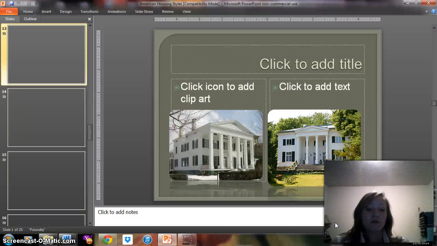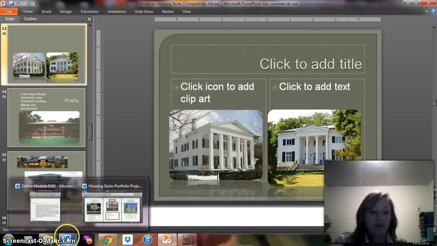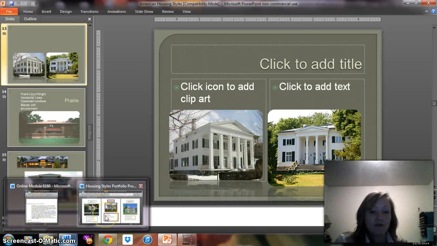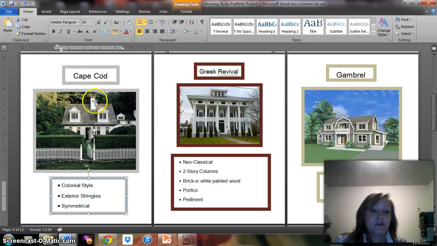Now, what I want you to do is to continue on your own to look at that. Here I have an example of your project assignment. So for each housing style, and there's a project page on the website, for each housing style you need to create an online portfolio. You need to find a picture, paste it into your Word document, and then label it and describe it. So I have here an example from last year a girl did,